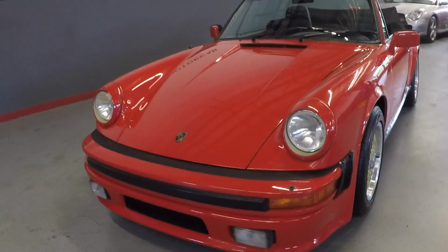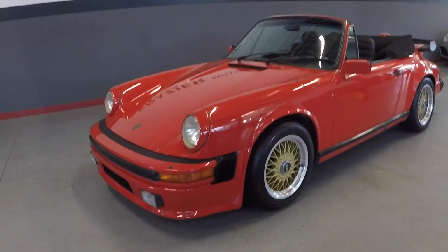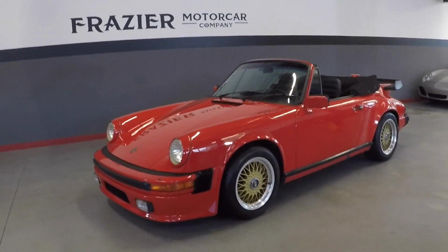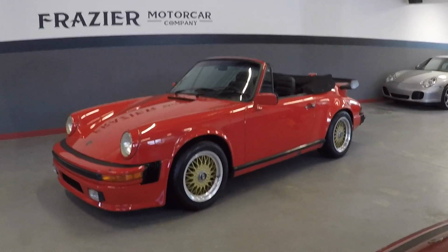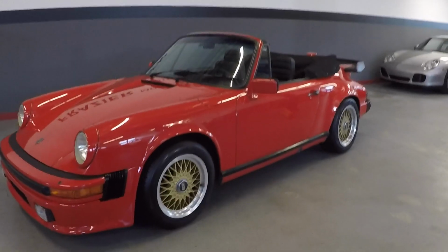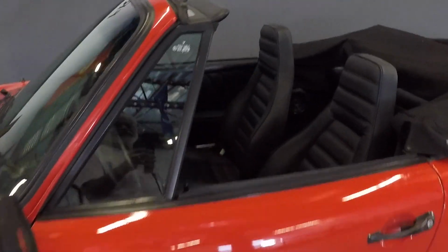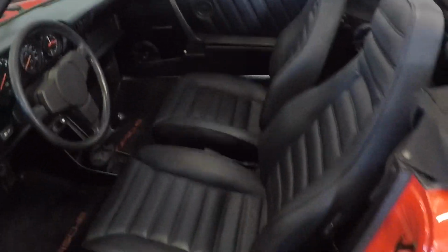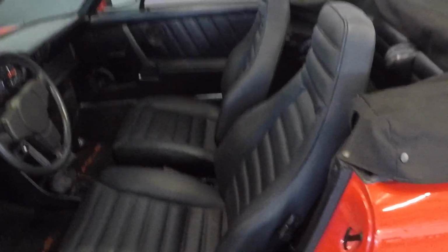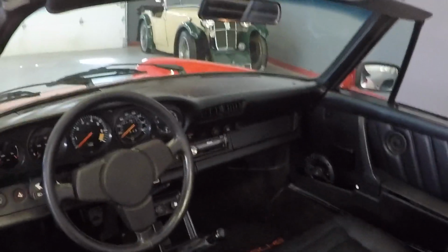Of course, I was around in the 80s selling Porsches, so I still have an affinity toward that look. I think it's very aggressive, attractive, and the younger people probably won't like it, but I sure do. It's a good look. We take a look at these seats. He had sheepskin seat covers over the seats, protected them. No cracks in the dash, I mentioned. Nice upgraded